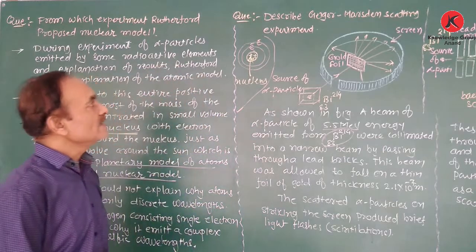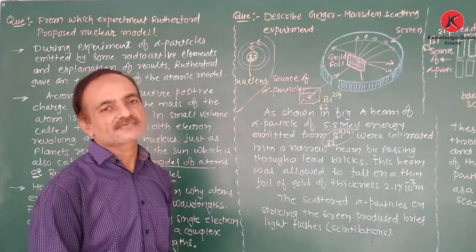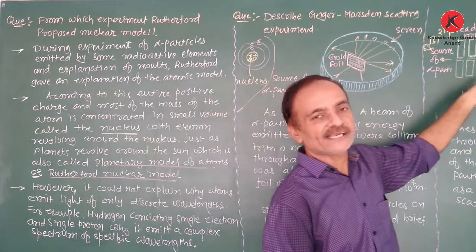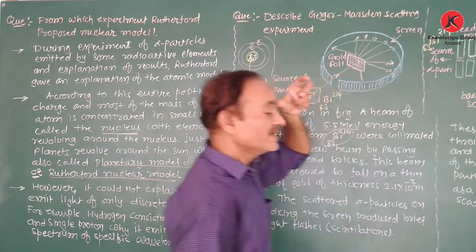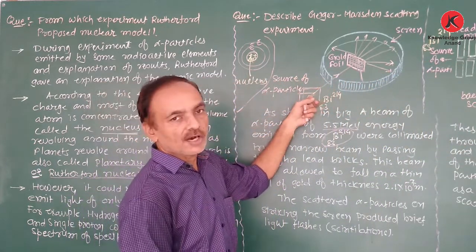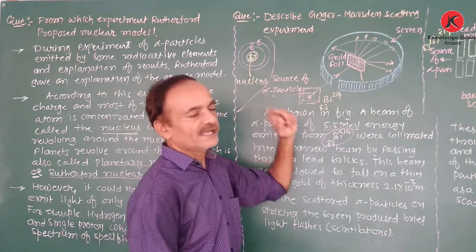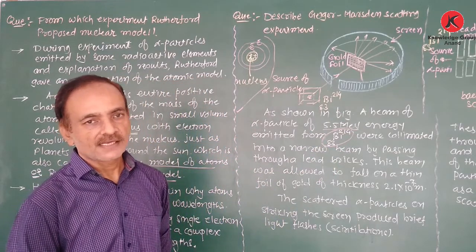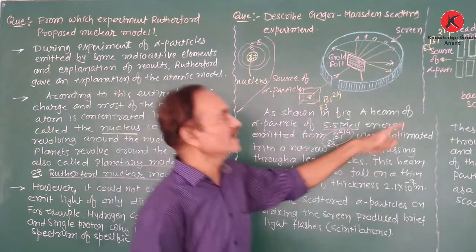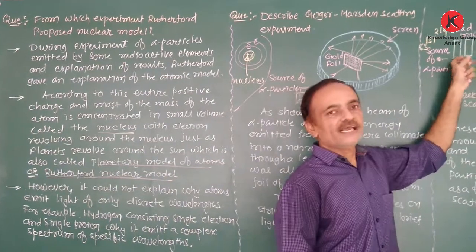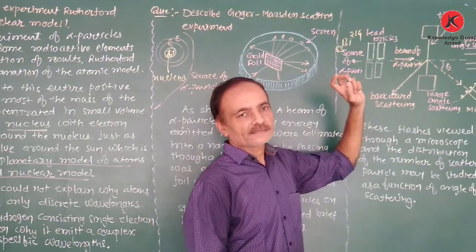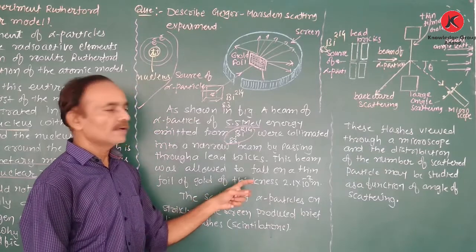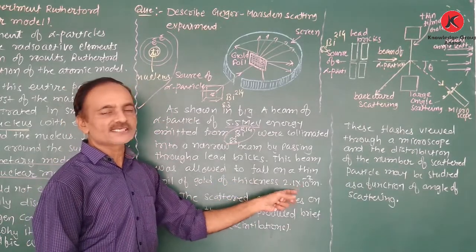Again, describe the Geiger-Marsden scattering experiment. Here both figures are given: the experimental figure and the schematic diagram. Here, bismuth is the source of alpha particles, and the alpha particles emitted by the bismuth have an energy of 5.5 MeV. These alpha particles pass through the lead bricks to produce a narrow beam of alpha particles. This narrow beam is incident on a thin foil of gold having a thickness of 2.1